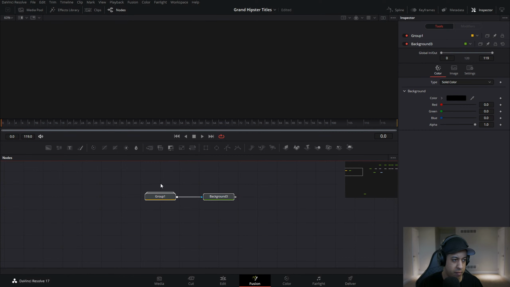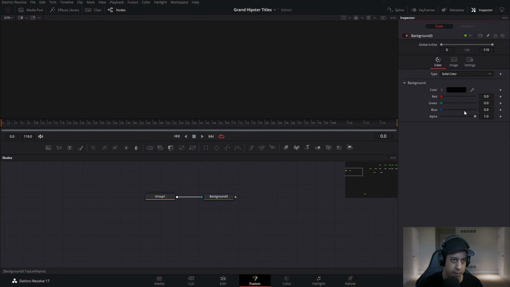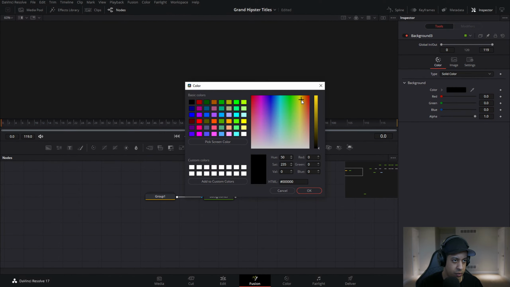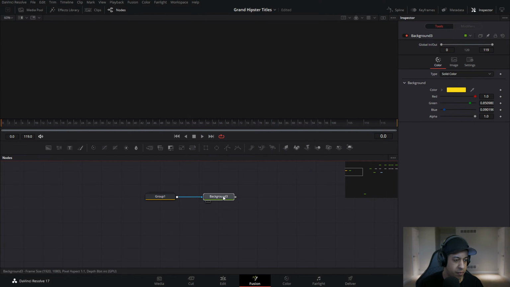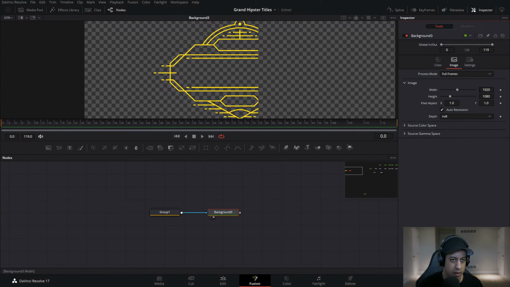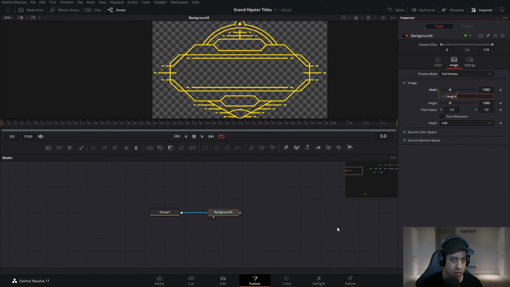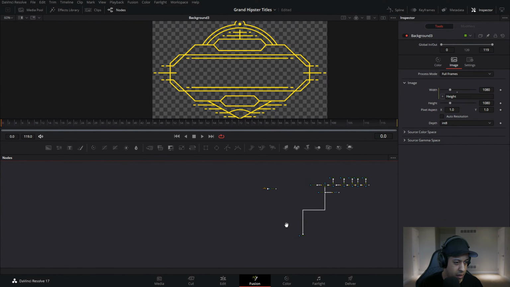So I just try to min-max everything as best as possible. People have all sorts of different computers. If you're doing in-depth VFX work and stuff like that, then it can be a bit different. All right, so now that we have that,